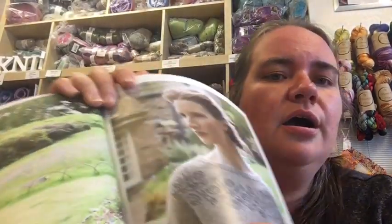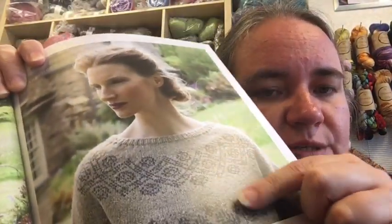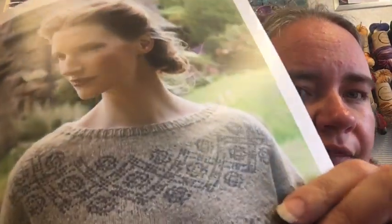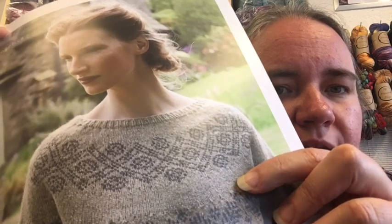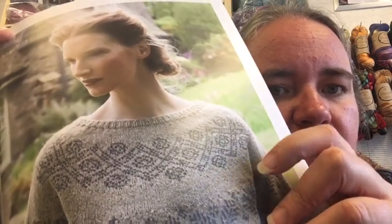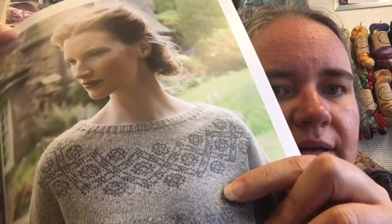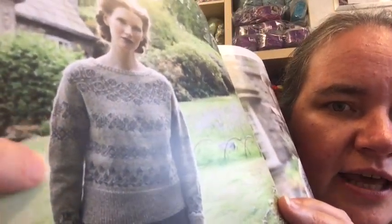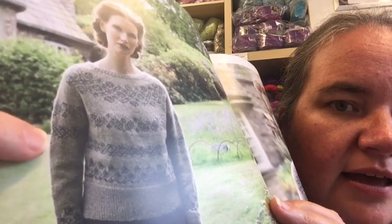because there are quite a few sections of just plain stockinette breaking up the colour work, I think even in this sample garment there's quite a noticeable difference in tension between those plain sections and the colour work sections, and I think you can see particularly on the sleeves, again you get this kind of in and out effect where the tension's obviously slightly tighter in that colour work, which is only natural, but I do struggle with tension quite a lot. I'm quite a loose knitter,